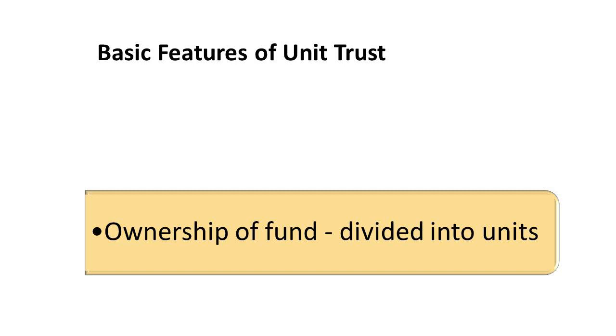So you can buy the same unit at 30 cents, another unit at 20 cents, and the units are combined together. So you do not know what the average price is right now. One pen, let's say 30 cents, one is 20 cents, the average price is 25. So the pen is worth 25 cents each. They don't differentiate this pen from the shopping mall from this pen from the kedai runcit. No, it's all the same pen. Do you know which one is from the shopping mall? Don't know, right? Same thing. The units are all equal. They are all the same. No such thing as higher price units or lower price units. It's all based on the market price of that day. You get the idea now?